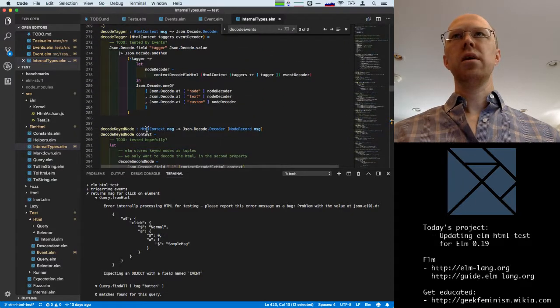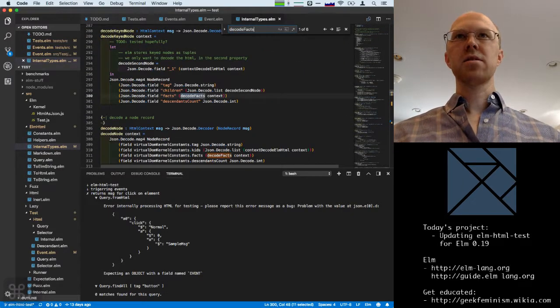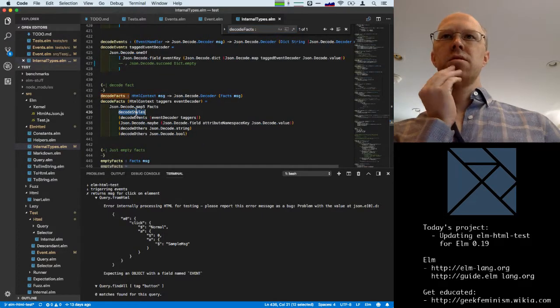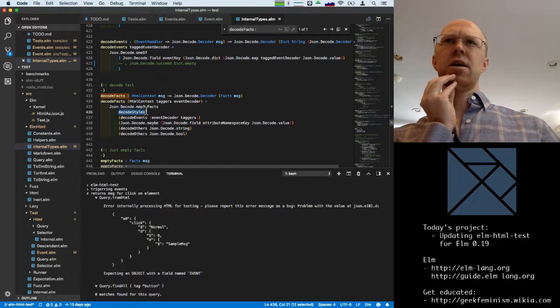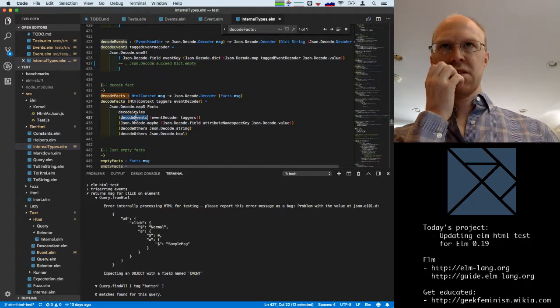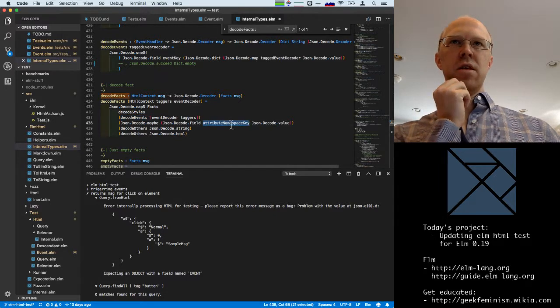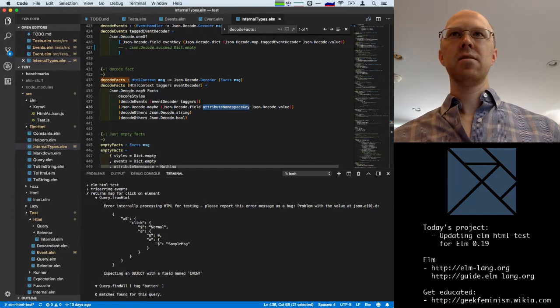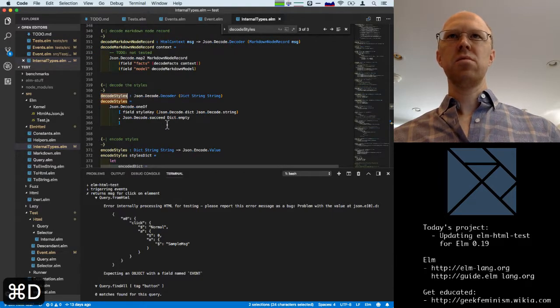Let's see, where was that? Decode facts. So this decodes styles, decodes events. It looks for a namespace attribute, and then it decodes others. So this namespace thing is the only one that has a field name specified here. What are these other things? I think the styles already works. Oh, I guess not. Okay.